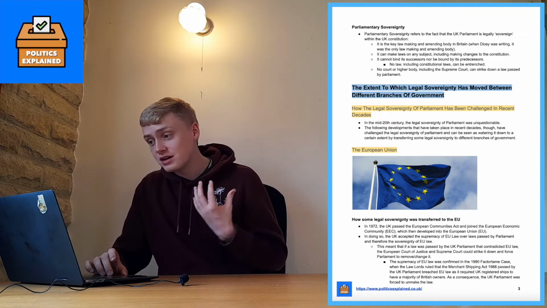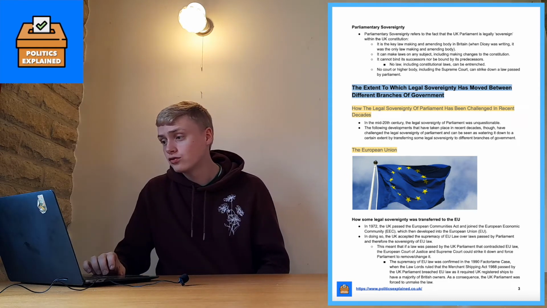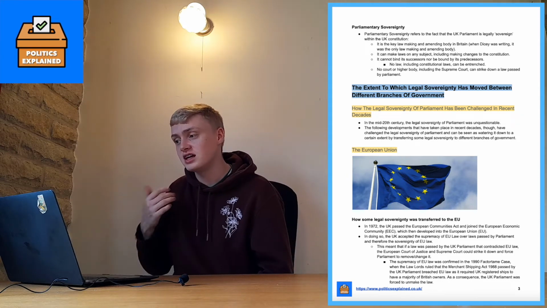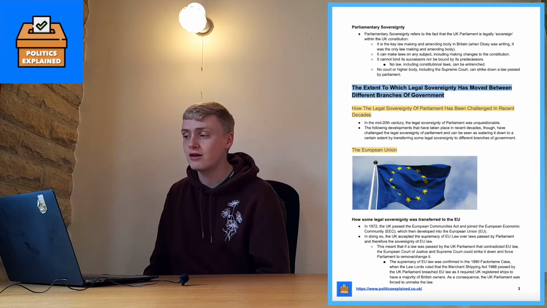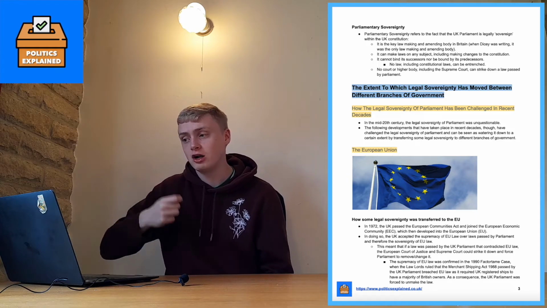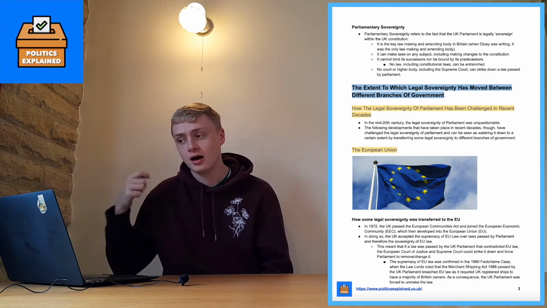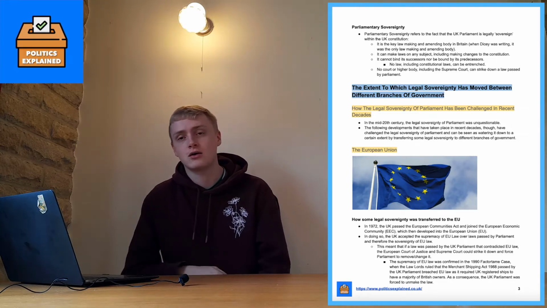So the supremacy of this EU law was confirmed in the Factortame case, when the Law Lords ruled that the Merchant Shipping Act of 1988, passed by the UK Parliament, breached EU law as it required UK registered ships to have a majority of British owners, and as a consequence, the UK Parliament was forced to unmake the law. So it's an example of how the Supreme Court and the European Court of Justice can strike down laws passed